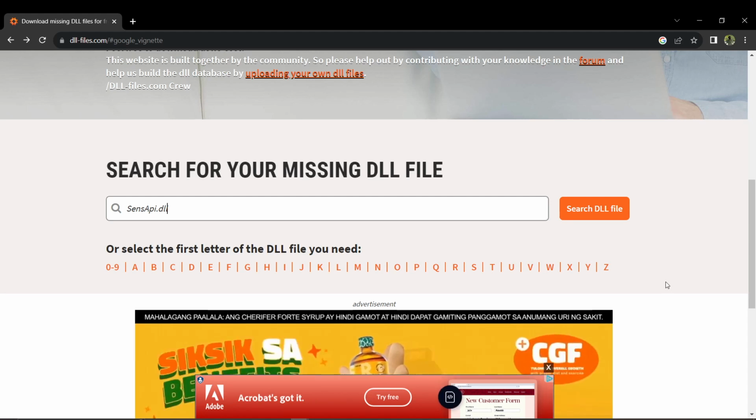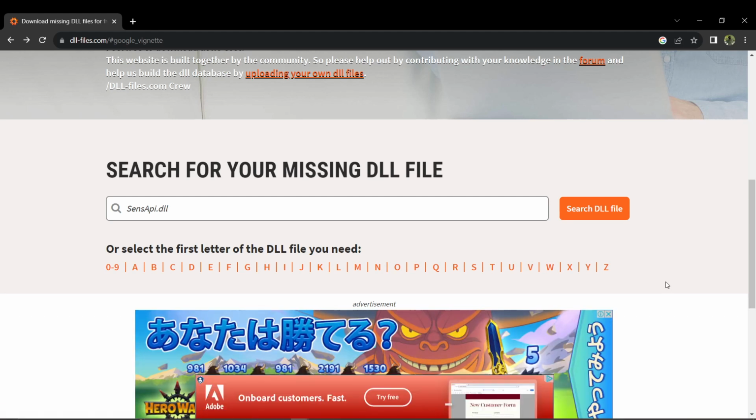In this video, I'll be teaching you how to fix the Roblox error "failed to load library SensApi.dll". First things first, the Roblox failed to load library error typically occurs due to a missing or corrupted SensApi.dll file. To fix that, open your web browser and navigate